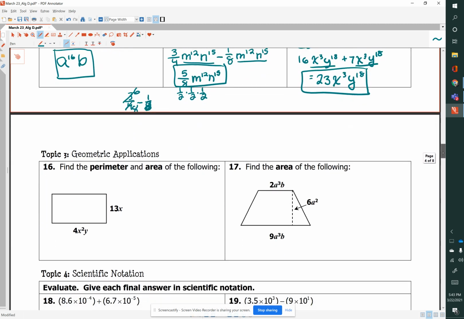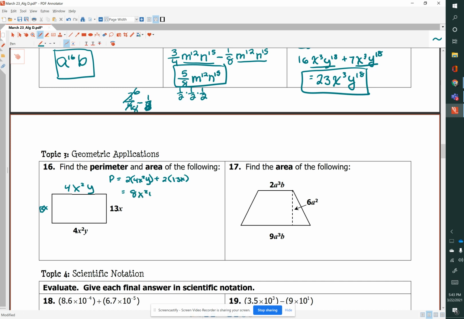Now, we've got the geometric applications, page 2. We're asked to find the perimeter and the area of this figure. So remember, this side is also going to be 13x, and this side will also be 4x squared y. So for the perimeter, it's 2 times the length plus 2 times width. So P equals 2 times 4x squared y plus 2 times 13x, which would equal